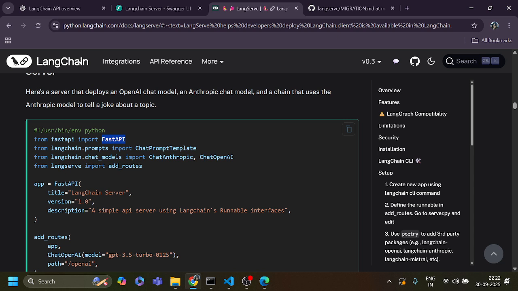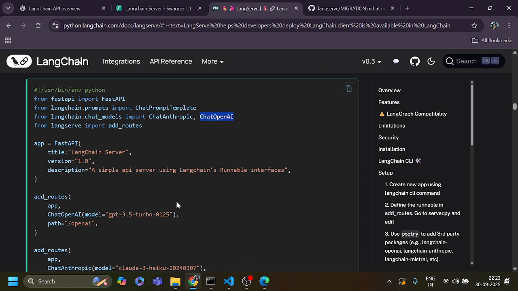You need to import add_routes from langserve, and from fastapi import FastAPI. We already learned these things from langchain. From langchain chat models, import ChatAnthropic. They are going to use the ChatAnthropic model, and this is the ChatOpenAI